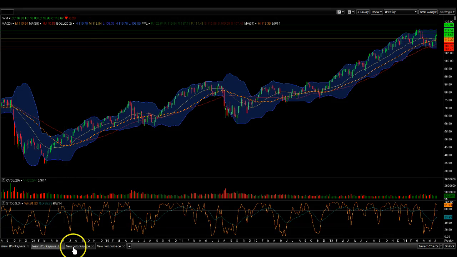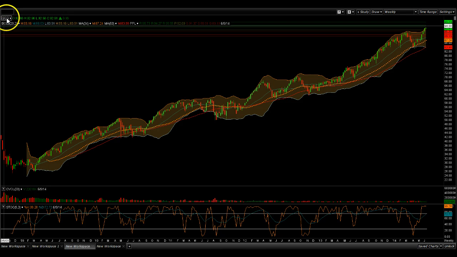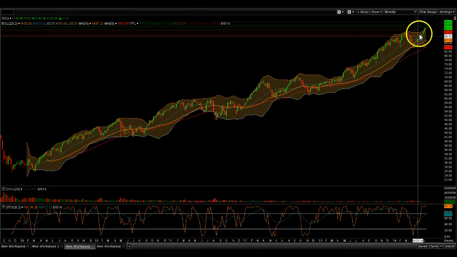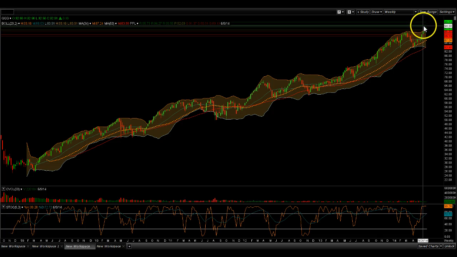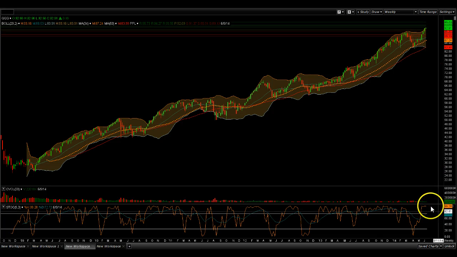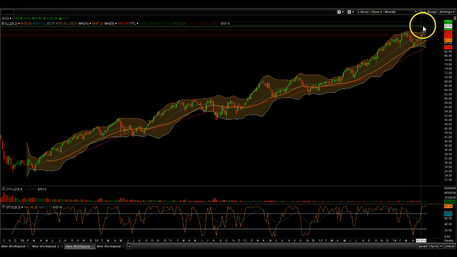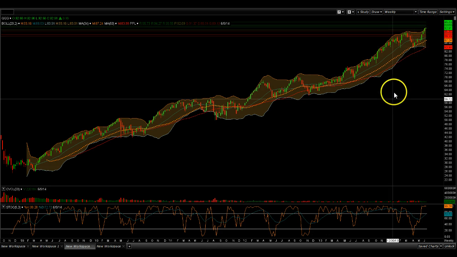Let's look at the next one, which is the QQQ, and that's for the NASDAQ. And take a look at the QQQ technology heavy ETF, and you can clearly see where we are here. This is still looking like it wants to slide a little bit up this way. So what it's telling us, we still have a little bit more room to move,